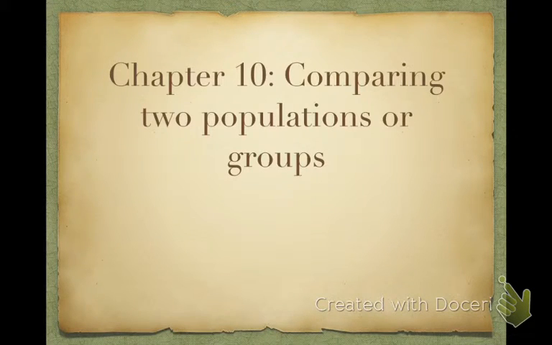Hello guys, welcome to chapter 10, comparing two populations or groups. Chapter 10 is very similar to chapter 9. As its name implies, the only difference is that you're comparing two groups instead of just one group with a statement. For chapter 9, you're verifying if a statement is correct or not, comparing with another statement or the evidence you have. For chapter 10, you're either going to have two distinct groups you're going to compare to